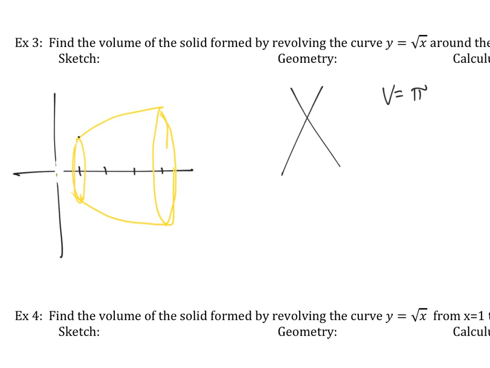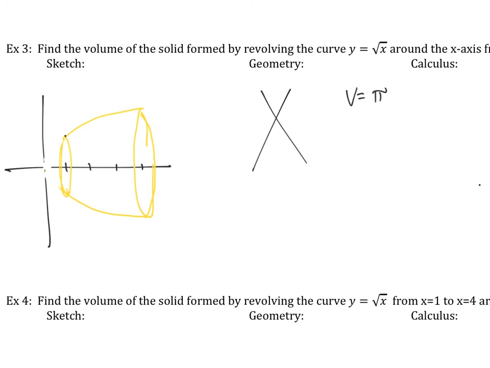So I've kind of established a system for myself of volume is the integral of the area of one circle, multiplying that by dx. In this case, I'm going from 1 to 4. If you want to pull that pi out front, I like to do that. And now I need to figure out how to express the radius. So again, you don't have to draw this every time. Just trying to help you visualize here that